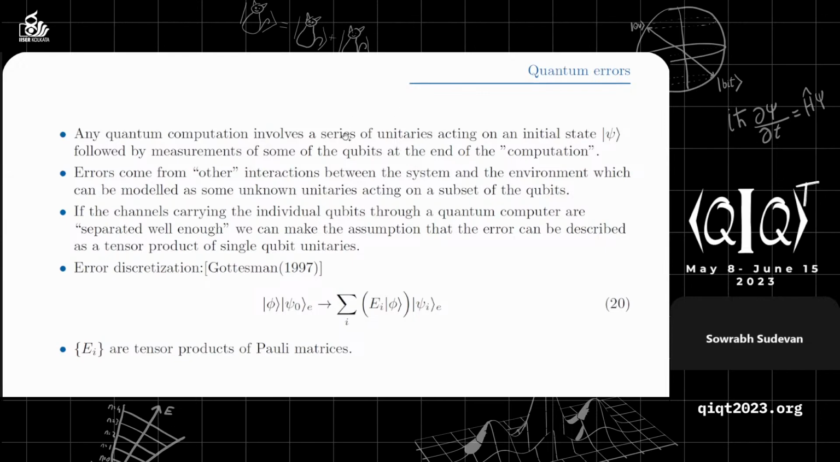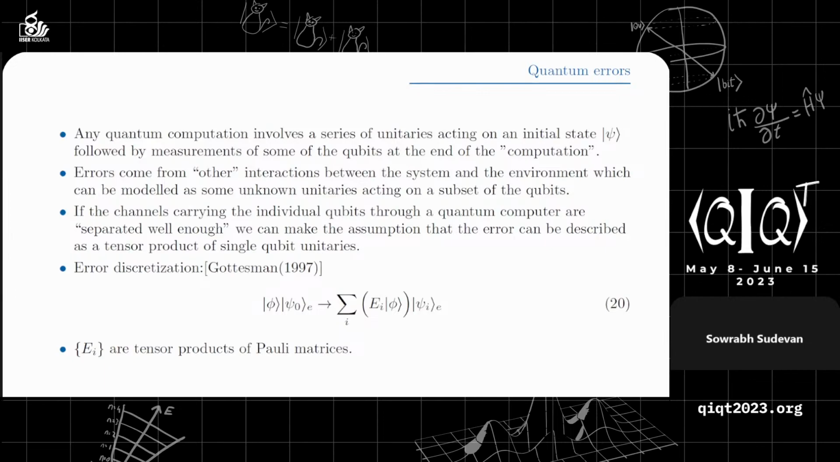Basically, the quantum computation itself involves a series of unitaries acting on an initial state, followed by measurements of some of the qubits at the end of the computation. So errors come from other interactions, right? The interactions that you don't want in the system, so between the system and the environment, which can be modeled as some unknown unitaries acting on a subset of